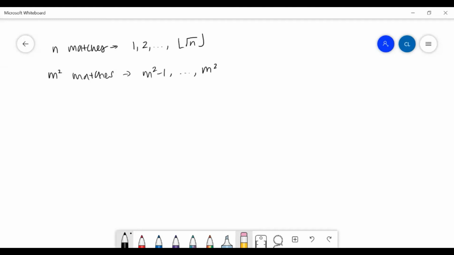And first, we're trying to show that the first player has a winning strategy, meaning that they can get the opponent to a losing position or get themselves to a winning position eventually. So if we first assume that m² minus m through m² minus 2